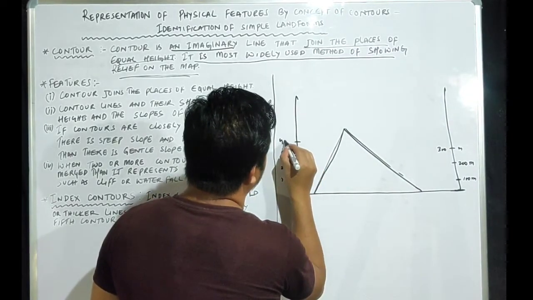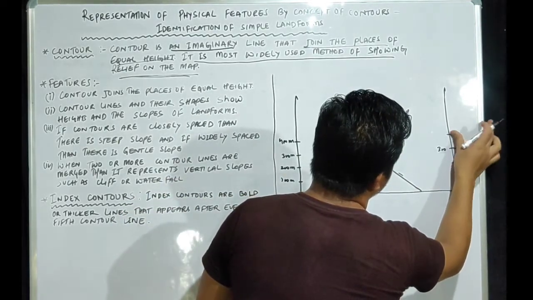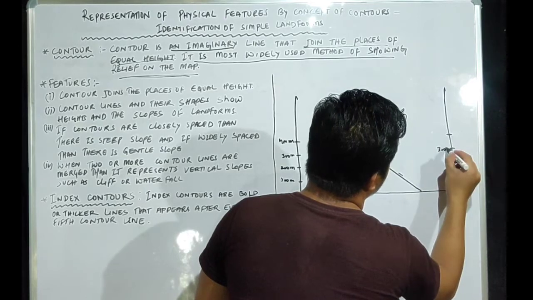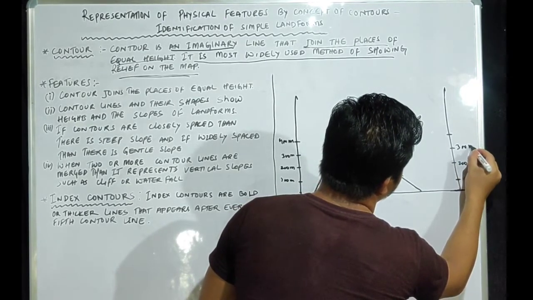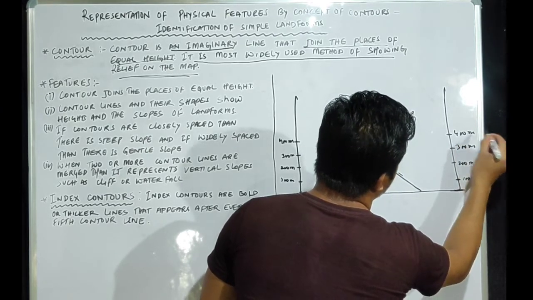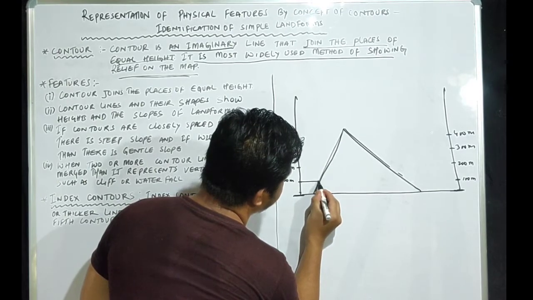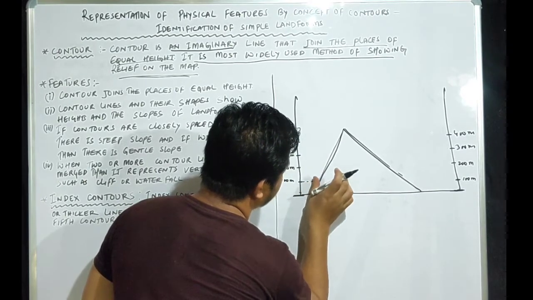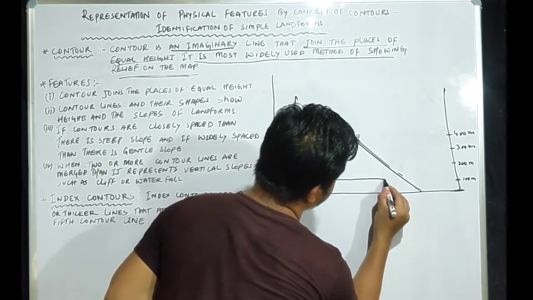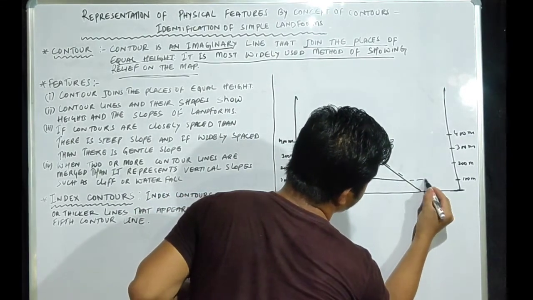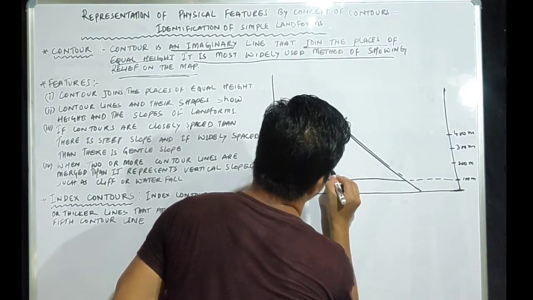Similarly, here this is 400 meter above the sea level, and this is 400 meter above the sea level. So when you join this line in this way, then you can see this line will move in this way, and similarly here, students,